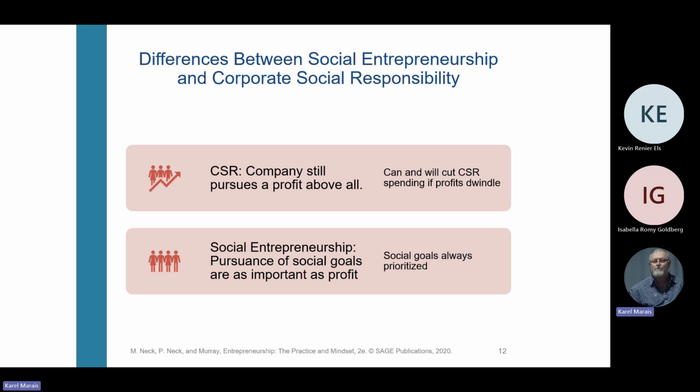On the other side, we have the social entrepreneurship guys, right? Their goal is the pursuance of these social ills and to address it. This is their profit, right? And if the money that they're making through their profit-making side diminishes, they're not going to try to do less on the social side, because they measure themselves against not their profit, but against the social goals. So that's the key difference.